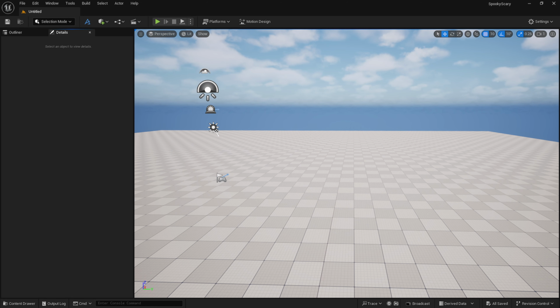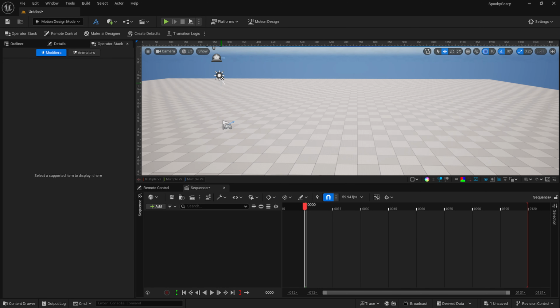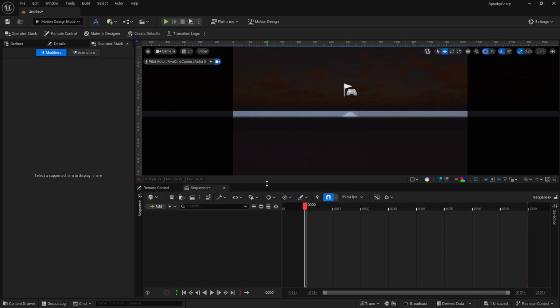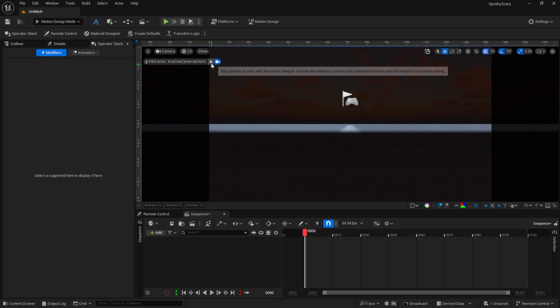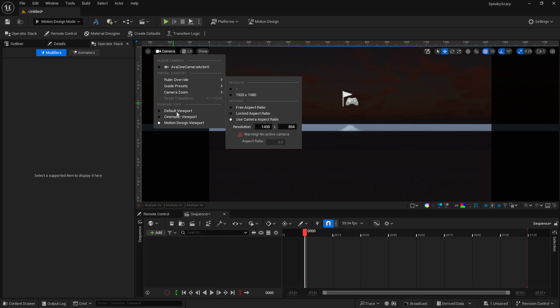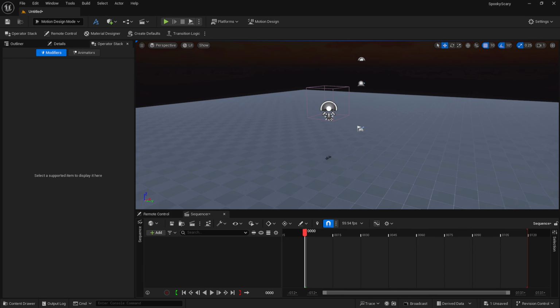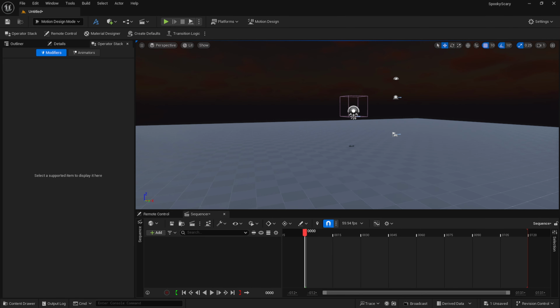So now we're going to go into a quick motion design integration. Let me show you what I have figured out so far. We're going to go ahead and turn on motion design. We're going to create some defaults. Just hit spawn. That way everything's set up for me and ready to go. And for my testing, I like to pop out a camera and go back into default viewport. That way I can still move around as I would, and I'm not locked to the motion graphics camera.